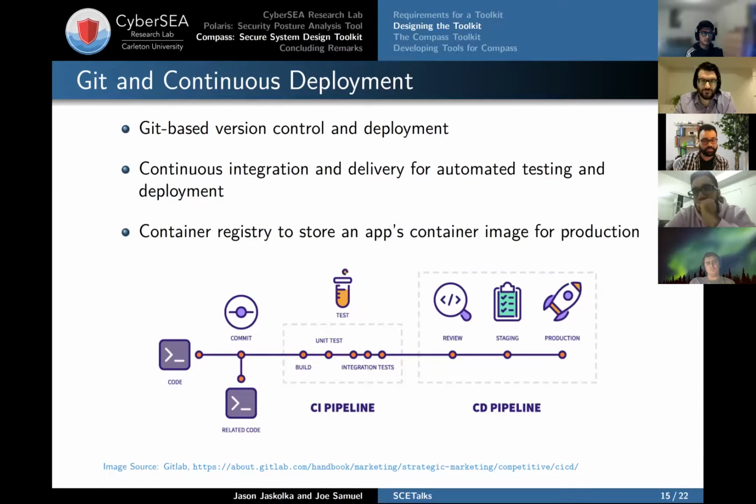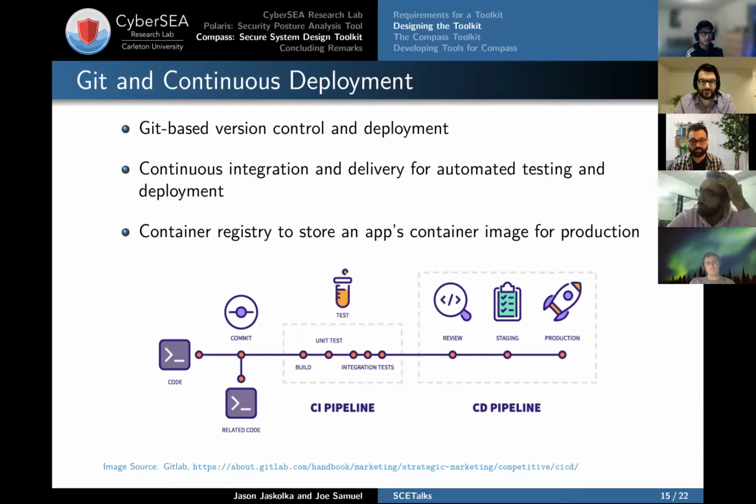Now, as I mentioned a little briefly earlier, these container images need to be stored somewhere so that we can pull them up and run them either on our computers or on a server and so on. That's where the concept of container registries comes in. These are basically simple hubs where you can store container images. Container registry is a slightly deceptive name, but essentially it stores container images. That way, anytime you go there, you can pull the latest image or different types of images that you put up. GitLab provides that for us as well.